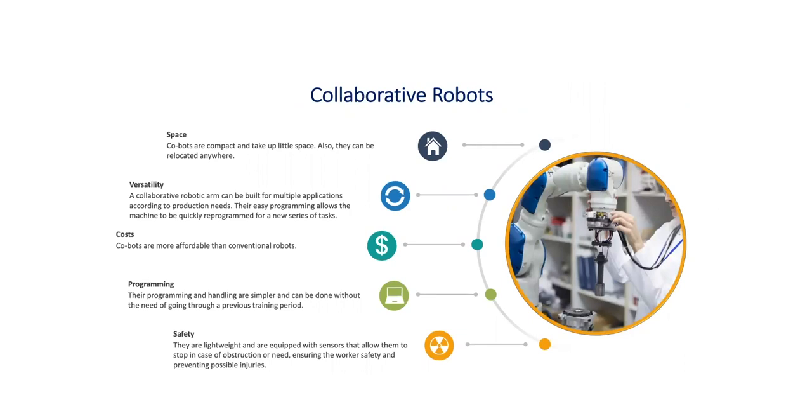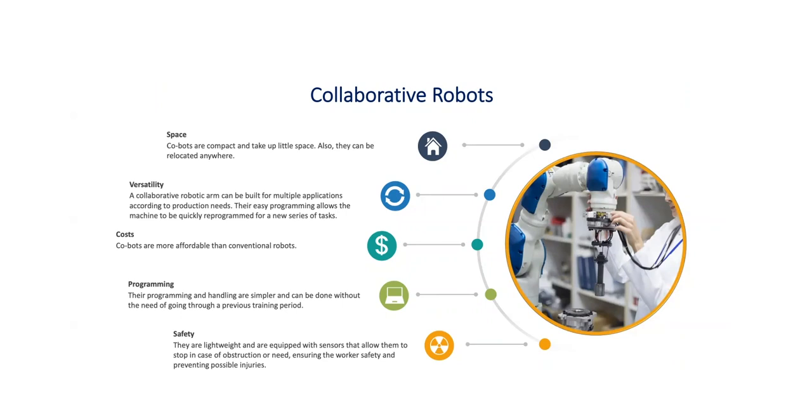So the main one, space. They are using really little space because the microchips and the logic are more versatile, and these robots can work in a smaller space. The costs are really more affordable than conventional robots. Why? Because they are using standard technologies that have been promoted around other topics. For example, for vision, for sensing, for movement sensing. This kind of thing has already been standardized across the industry, across the commodities, and these features are included in these robots at a very cheap